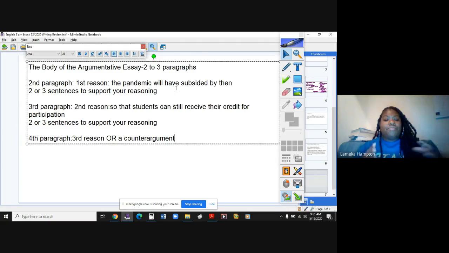You made your stance, but you're also explaining the opposite of the reasoning that you gave. So for example, if you said, yes, schools should open in August, so that is your stance, the counter argument is going to be, no, schools should not open just yet in August because da da da da.